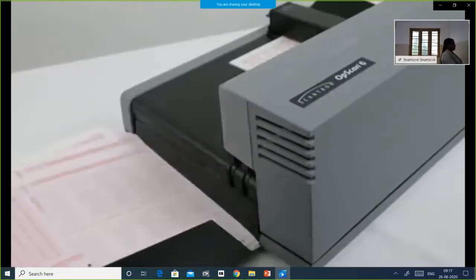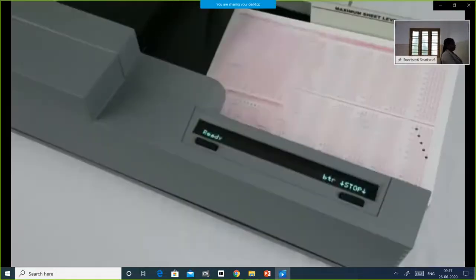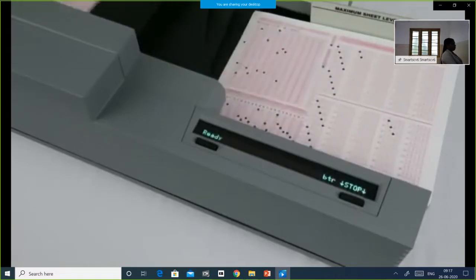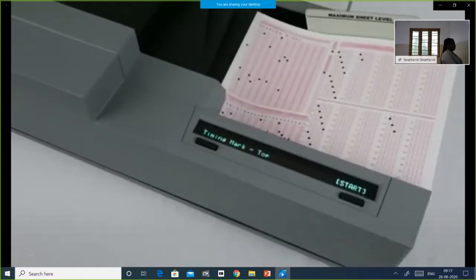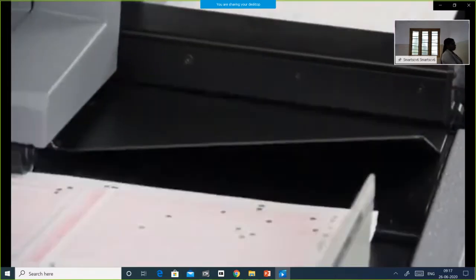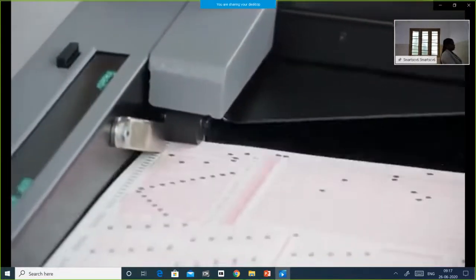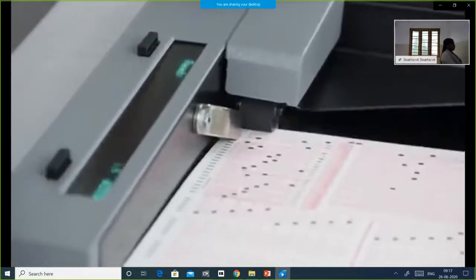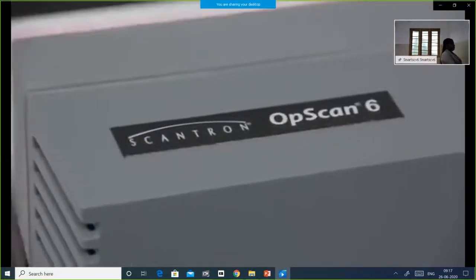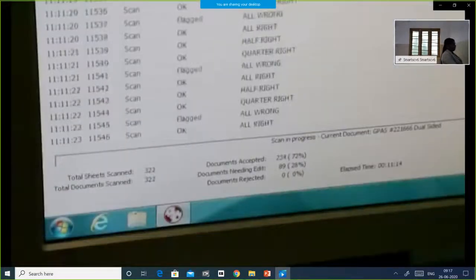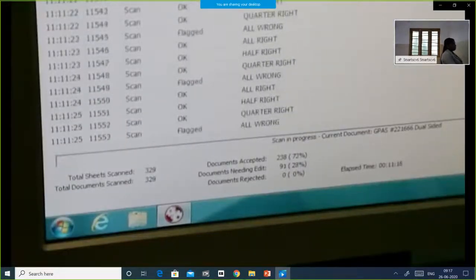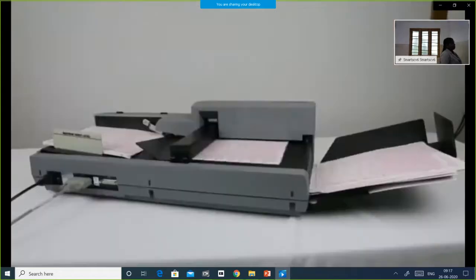Because you can't always be monitoring every aspect of processing, self-diagnostics alert you of potential problems so you can address them promptly and maintain continuous processing. If your forms support both pen and pencil marks, you can also choose the optional ink read heads to accommodate both types of marks. As with all Scantron scanners, compatibility with ScanTool software lets you define your own custom scanning applications, as well as scan, edit, validate, and display data.